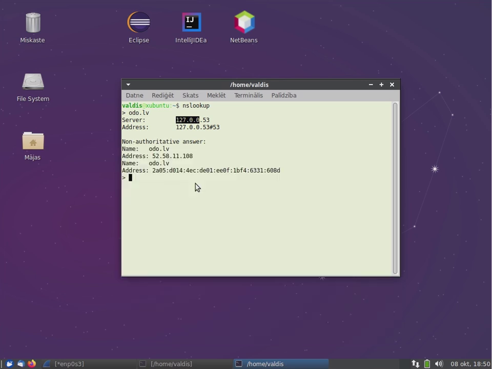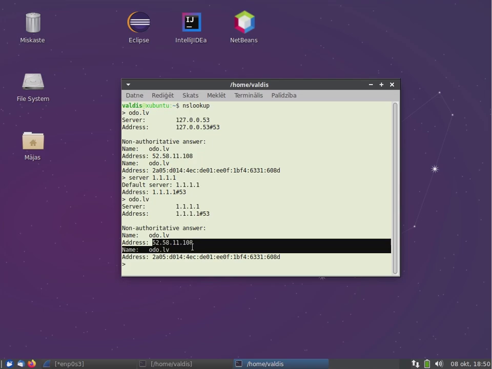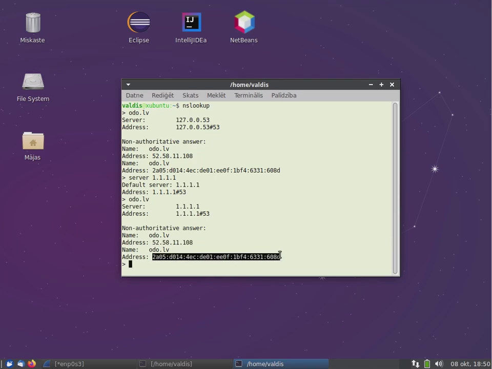And similarly, you can do something like this. You can say the server is, let's say, 1.1.1.1. This is a Cloudflare server. And you query it, and now I have queried this server, and it still says it's not an authoritative answer because it is just a cached copy from these global servers.